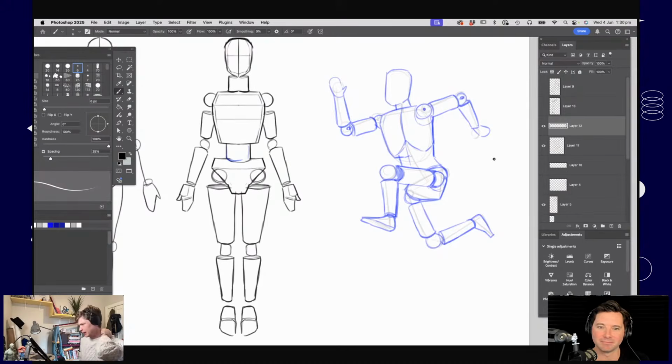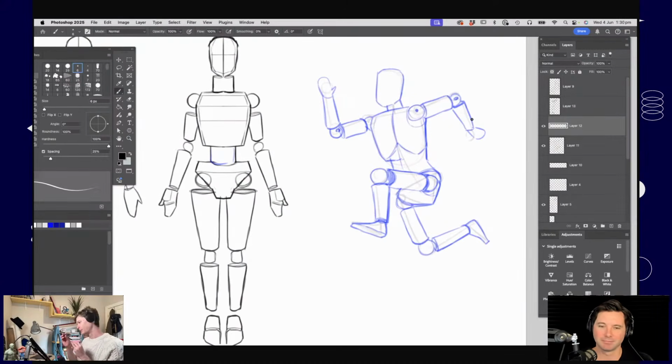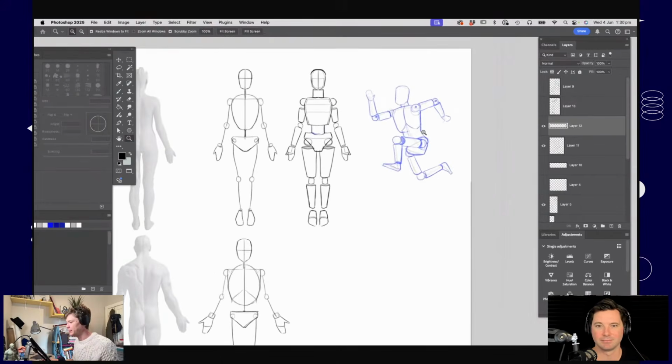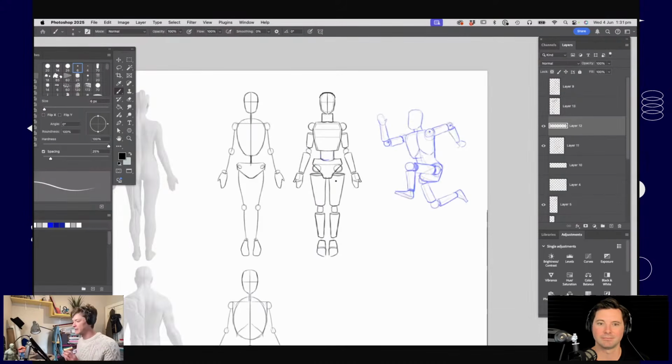Cool. Yeah, it's one of those things that feels very simple when you're explaining it, but to do it and get all the subtlety into the sketch is quite tricky once you get into it. It's about breaking the exercise down into little bite-sized pieces, so it's a bit more manageable. So it's great to have this approach in mind, but again, it is an exercise about learning where things are in space.